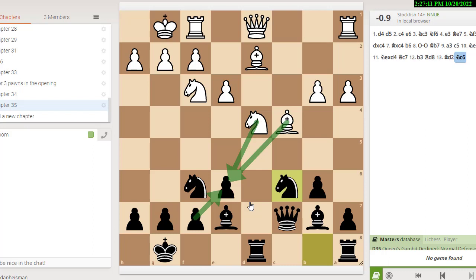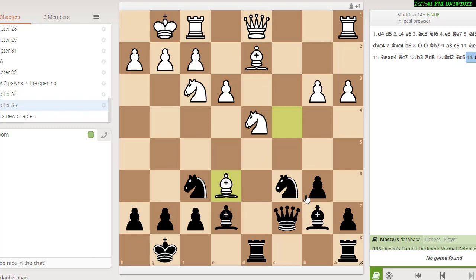All right, so what do you think? Bishop takes e6. Is that good for white, bad for white, or neutral? You could stop the video, you can pause the video, and come up with your own answer. Is bishop takes e6 a good move, a bad move, or it's kind of neutral, doesn't affect the game much? All right, well, again, if you had time to pause it, you can pause as long as you want, but let's keep going. I will play bishop takes e6. We're not going to turn on the engine yet.